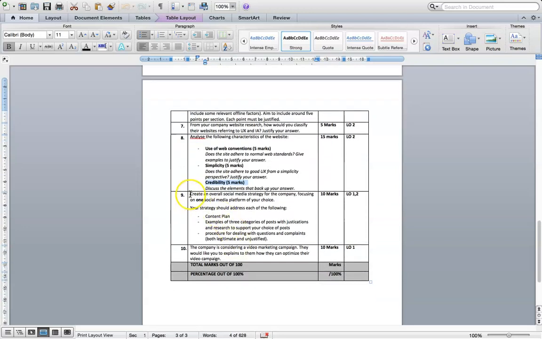Part 9, and we still have to do this part. Create an overall social media strategy for the company focusing on one social media platform of your choice. Your strategy should address each of the following, and we'll be covering these in class, and I would like you to